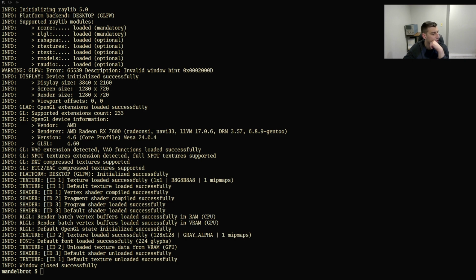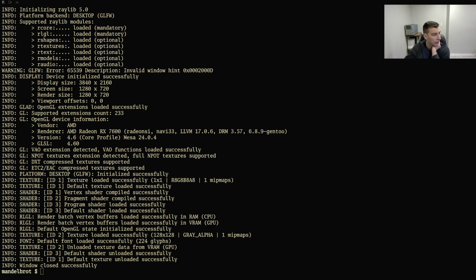What we want to do here is we just want to load the shader from, well, first I think what I should do is write my